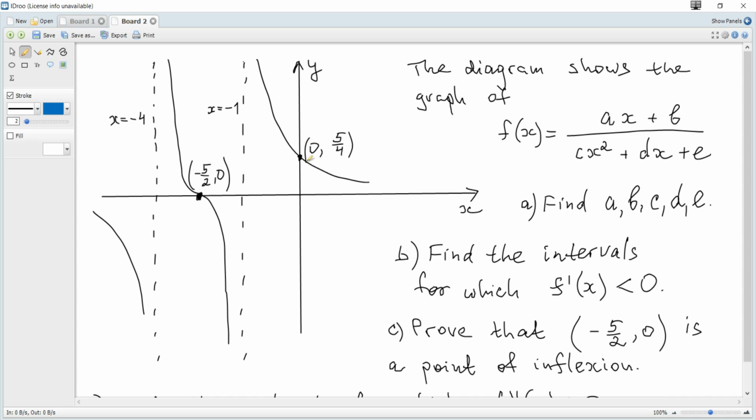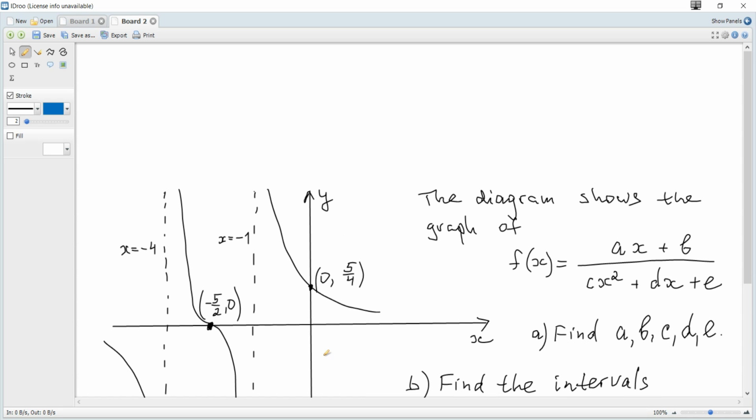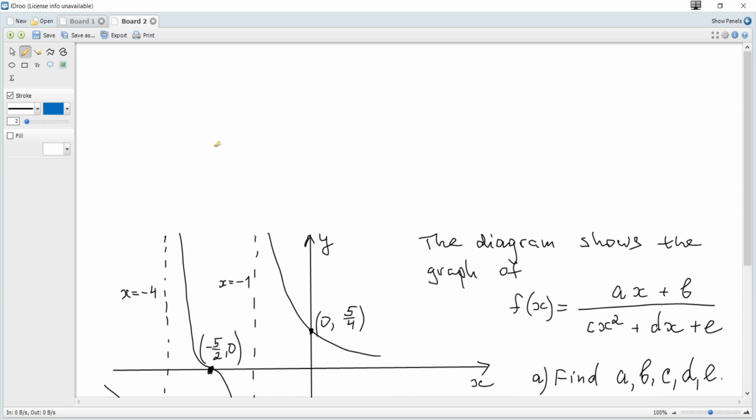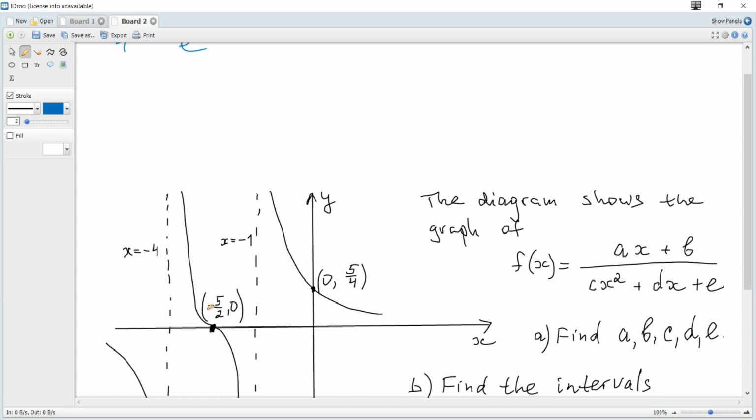coefficients. So let's consider 0 and 5 over 4, just substituting 0 for x and 5 over 4 for y. It's also the y-intercept. So we get that 5 over 4 is b over e. Next, let's consider the next point. It's a root or x-intercept, and it's when